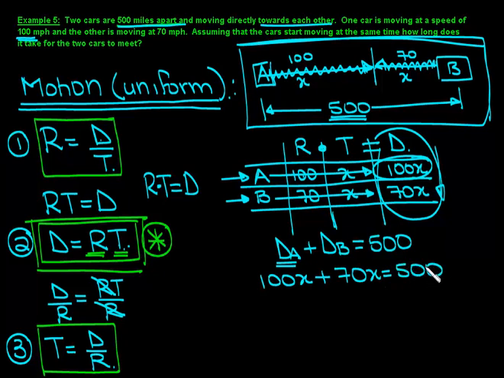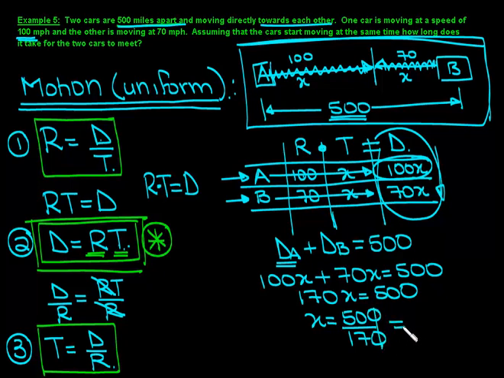We know how to solve this, right? It's fairly straightforward. We collect the x terms on one side, which they already are, and then we add them up. So we get 170x is equal to 500. And then to isolate x by itself, we divide both sides by 170. So we get 500 divided by 170, so we get 50 divided by 17, which is